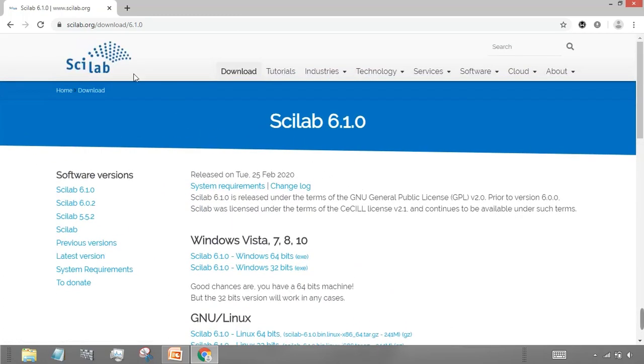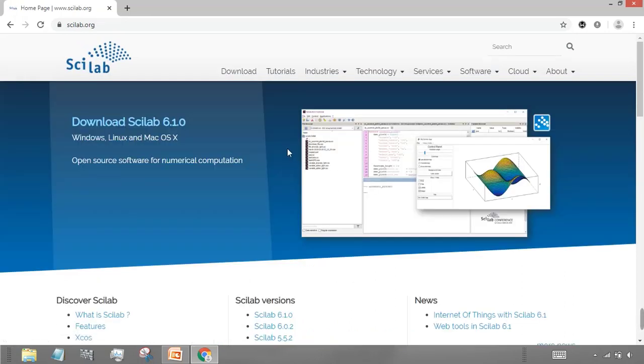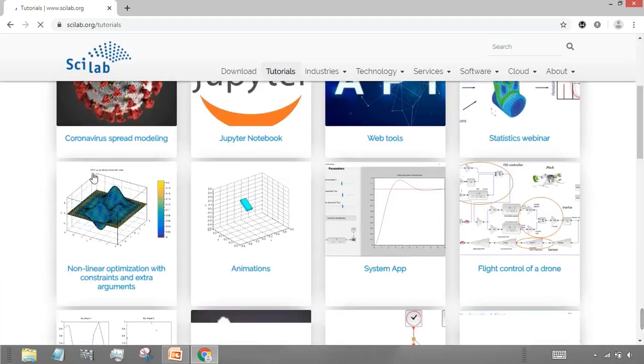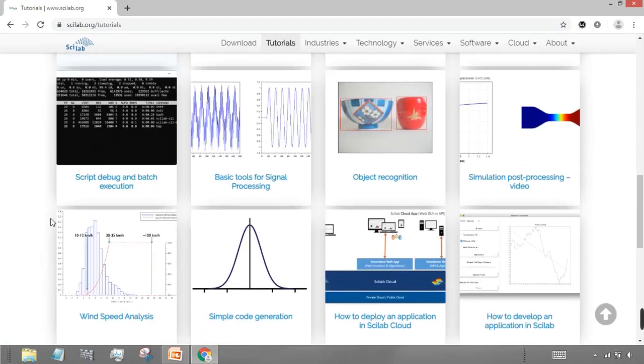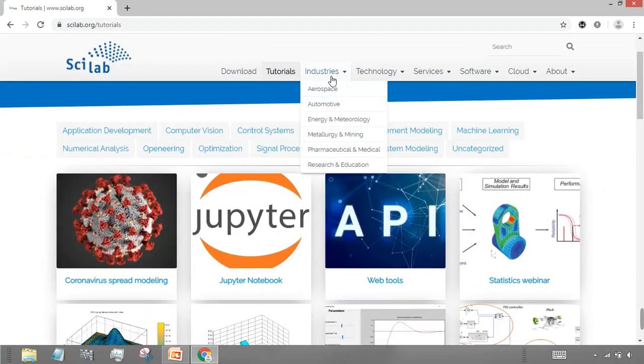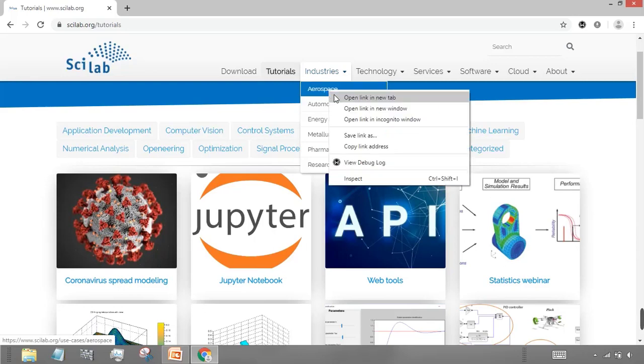So we will just see the website. There are tutorials present over there on how to use this software. These are some of the industries where Scilab is used, like aerospace, automotive, energy, metallurgy and mining, pharmaceutical and medical, and research and education.